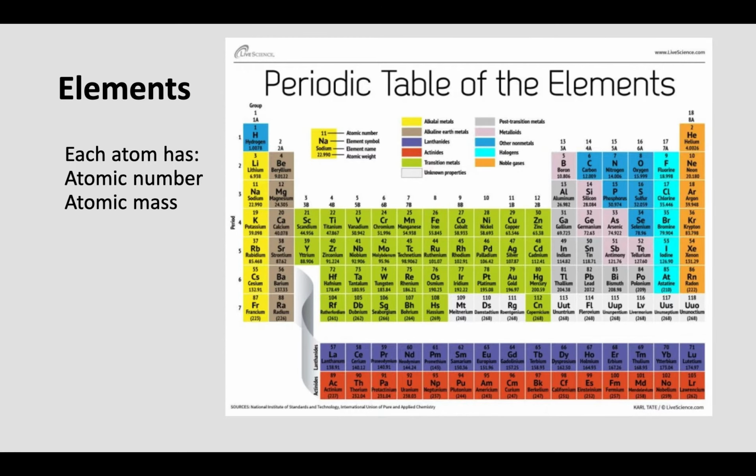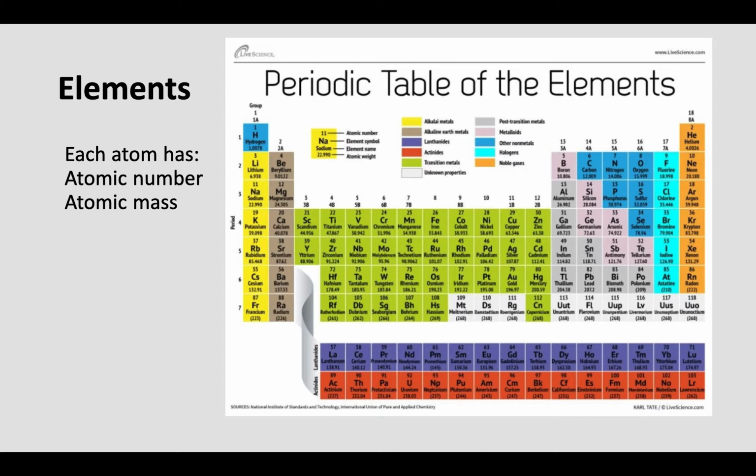One other thing I just want to mention about the periodic table is each atom has the atomic number, which I kind of mentioned to you guys here. I should have mentioned this before I had you draw it. But for example, nitrogen is 7. All right, so we know it has 7 protons. We know that protons and electrons are generally equal. Also has 7 electrons. And we know that protons and neutrons are generally equal, so 7 neutrons.